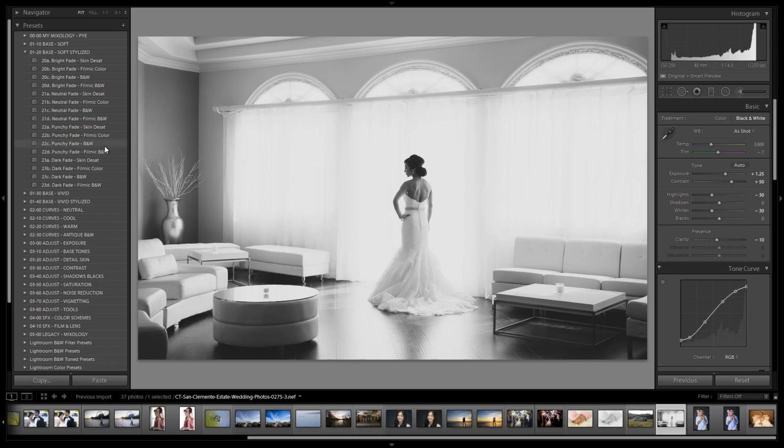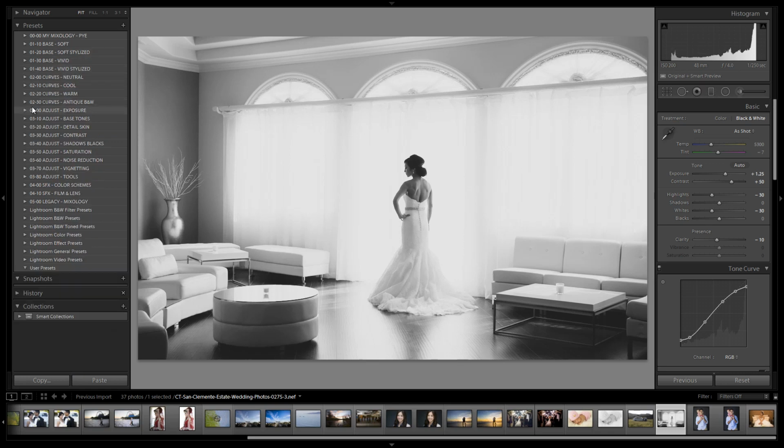Again, the base presets are finished presets. They have everything that we need. It's just optional if you want to modify it. But just for the sake of, well, for giggles, I don't use the first part of that phrase because it's not PC. All right, so just for the sake of giggles, let's go down to our antique black and white